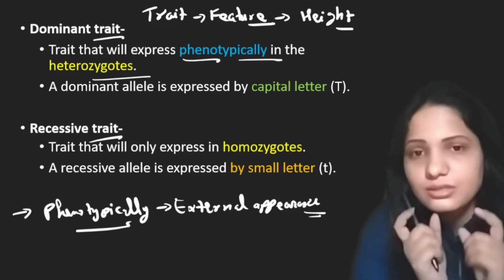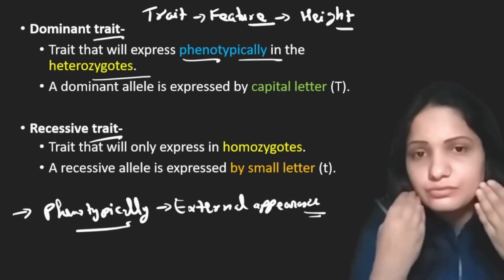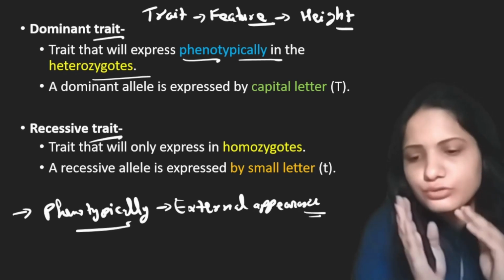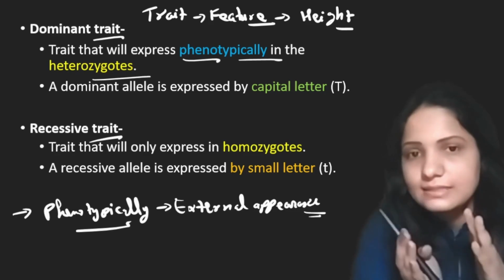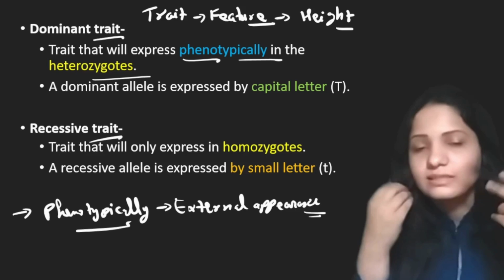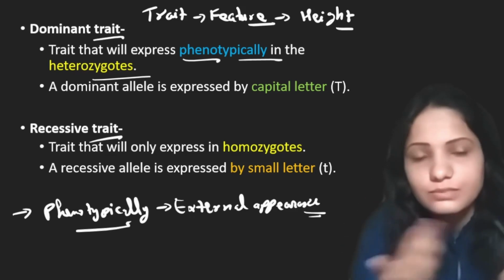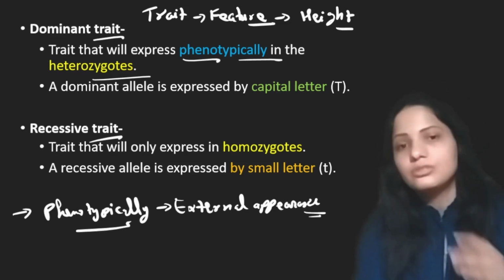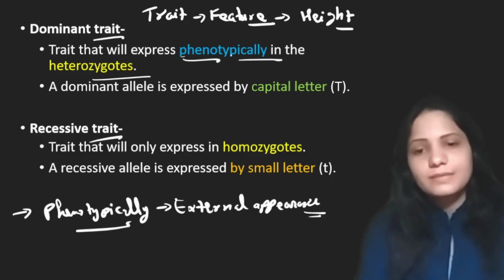This is the external feature of the plant, and the external feature of the plant which we can see is phenotype. So whenever I use this term phenotypically, it means the thing which we can see, which we can visualize. For example, flower color is a phenotype, as we can make a difference between the color of flowers. So flower color is a phenotype. It is the external appearance of a flower. We have a trait that will express phenotypically